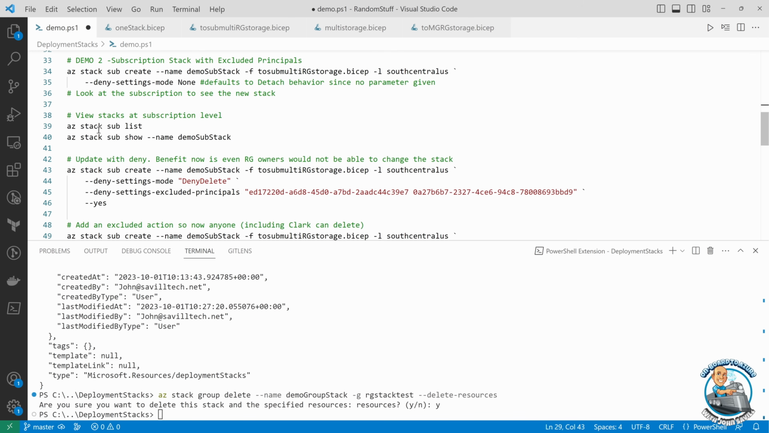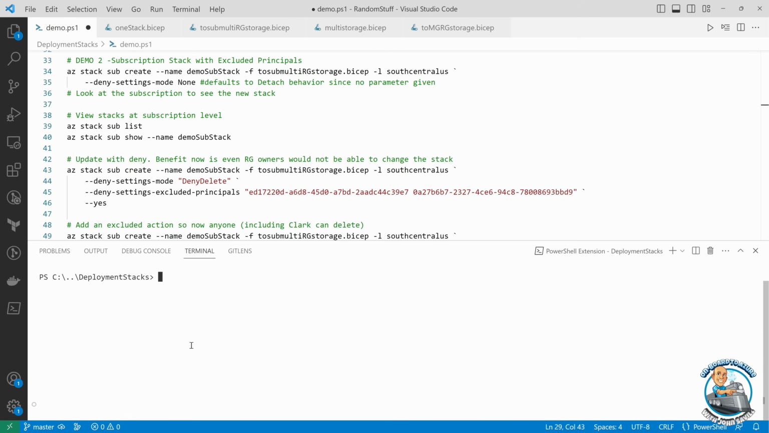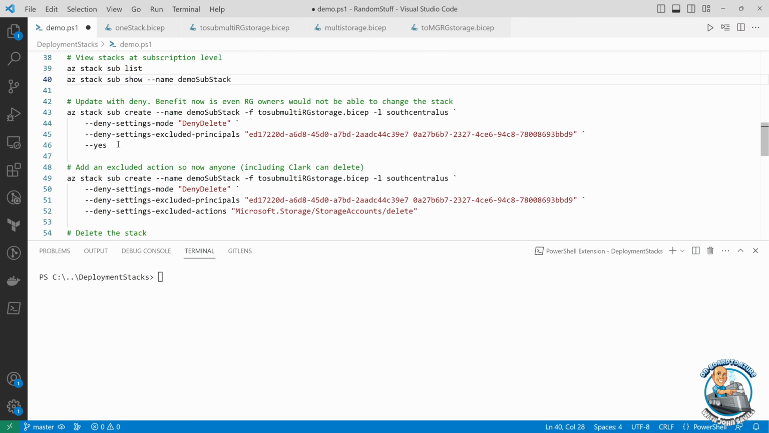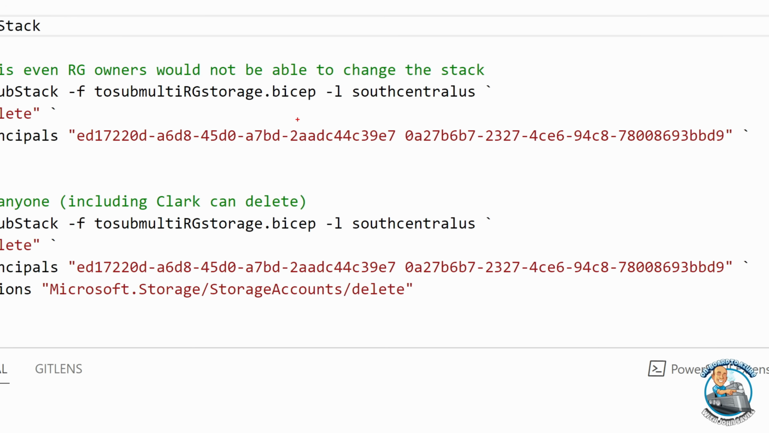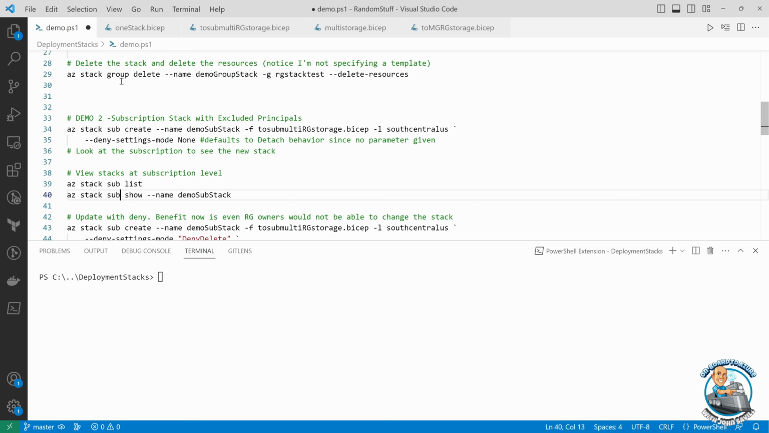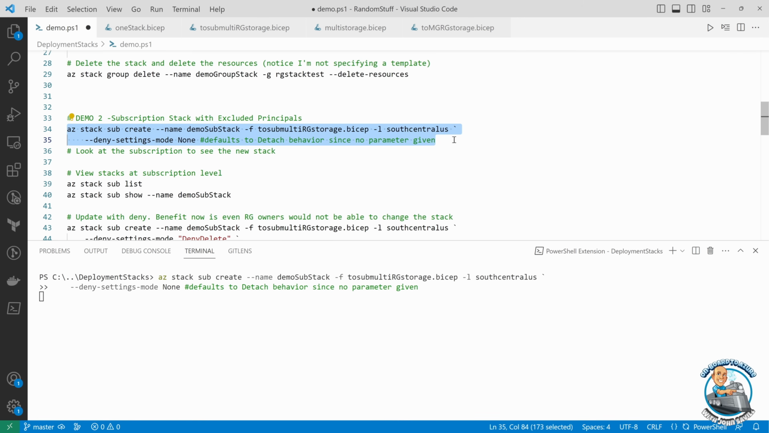So, let's clear this, make it a bit neater. So now what I'm going to have is, I'm going to do some denies again. I'm going to do multiple principals just for fun. And we'll say the yes. Notice before I actually run that, actually I'm jumping ahead. Let's just do the create. So now I'm targeting the subscription, and it's going to now go and create multiple